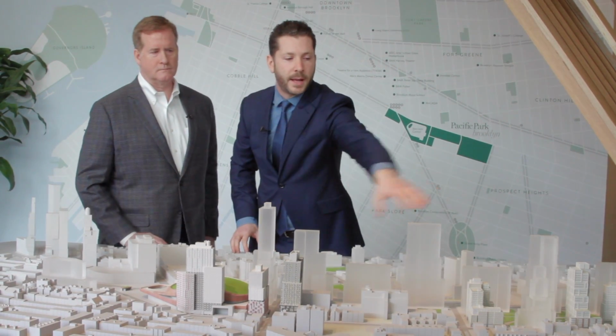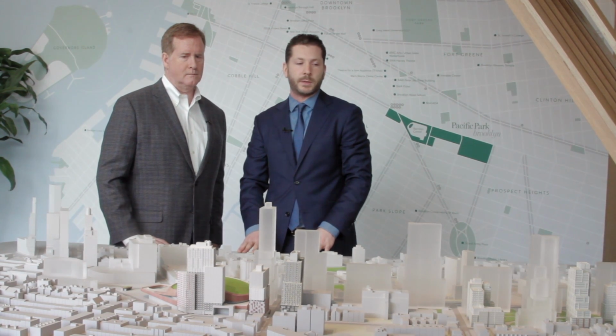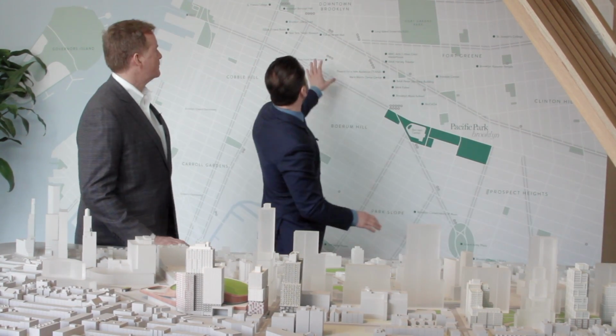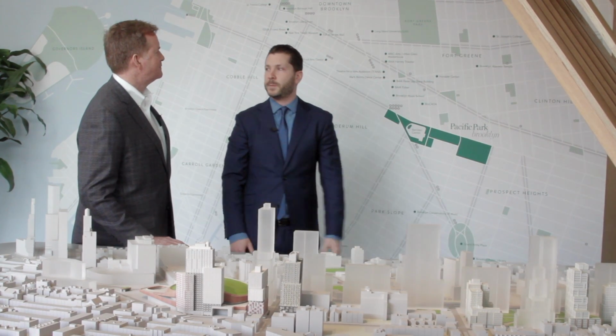And you can see that in the green patches within the model. But the complexity beyond that was staggering. I mean, just assembling the site, working to buy properties to assemble, to buy a basketball team and move them here and build an arena on top of the third largest transit hub in New York. We're rebuilding the rail yard of the Long Island Railroad, and there'll be a platform where a lot of these future buildings go. So, just building in this context, down here at the center of Brooklyn, has been a tremendous challenge,